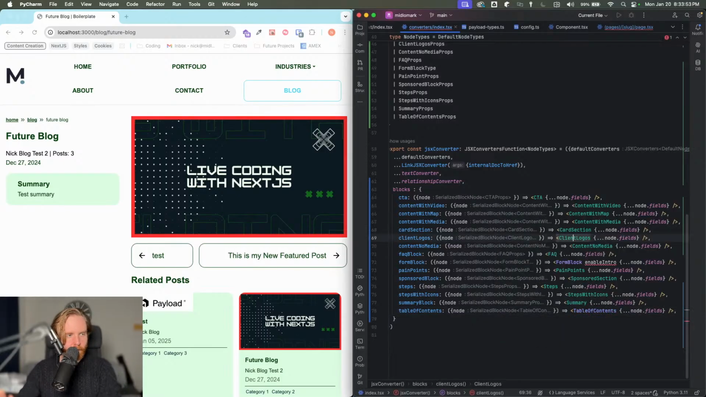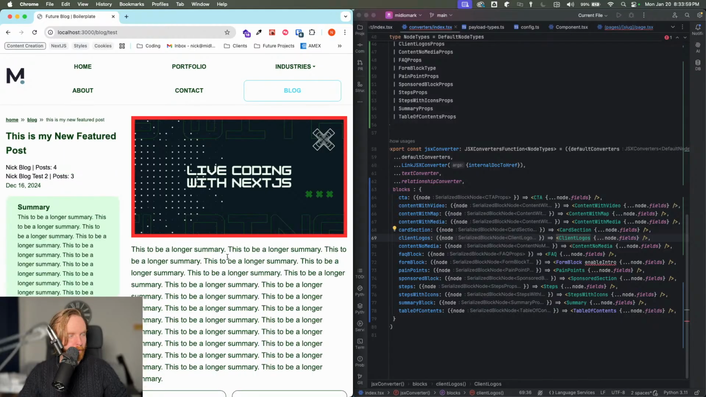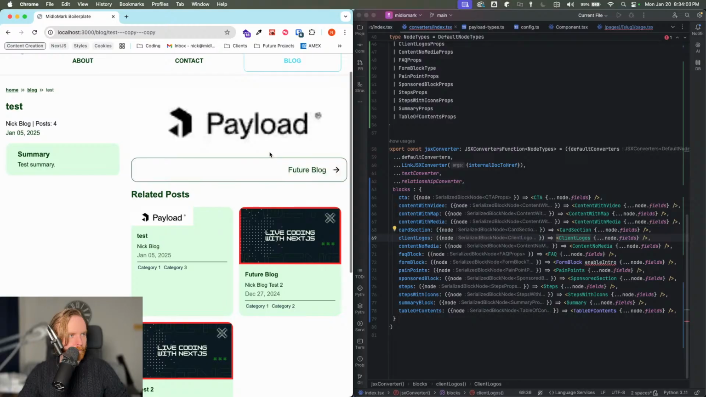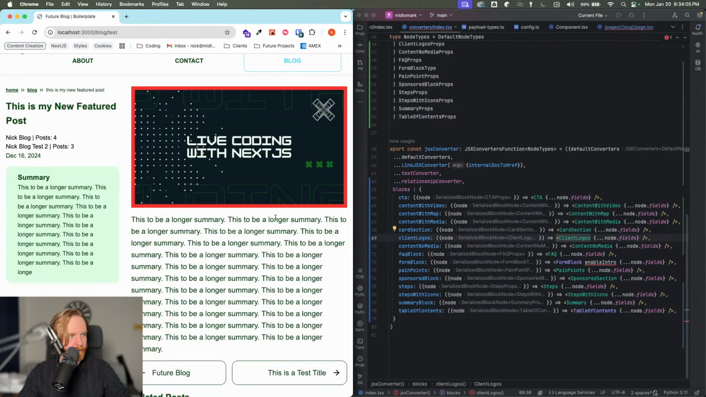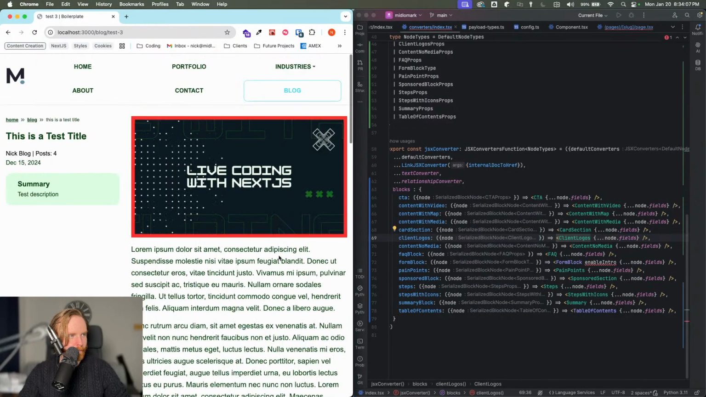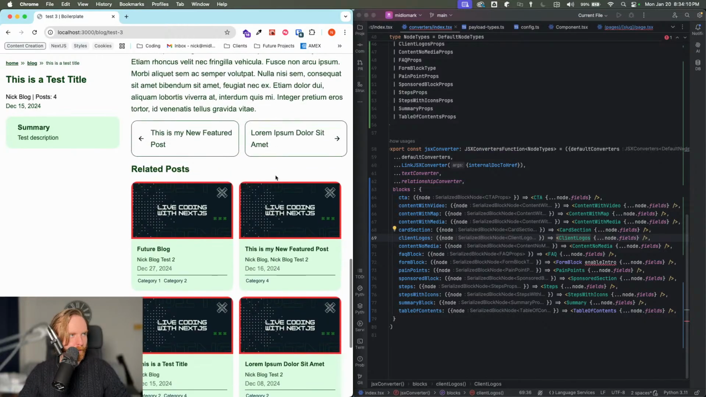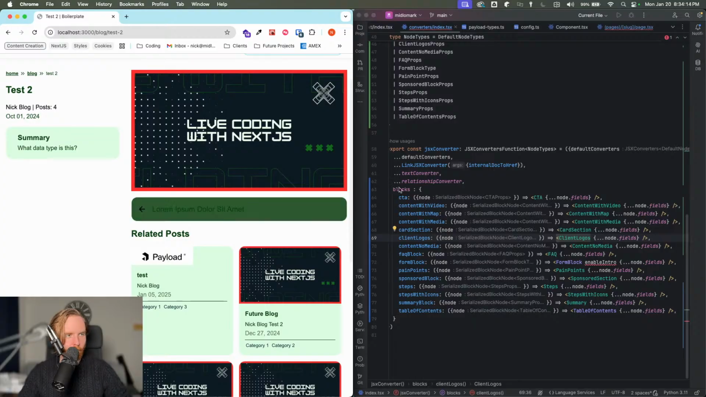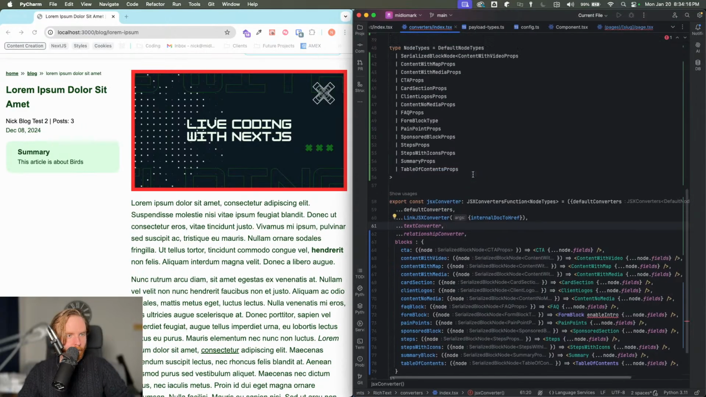So now if I refresh this, form block may break stuff. We'll take a look. So maybe there's nothing in this one. Future blog test, maybe? Nope, future blog. One of these definitely has blocks in it. Not that one. Okay, so